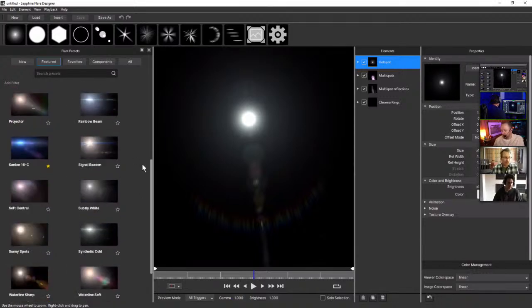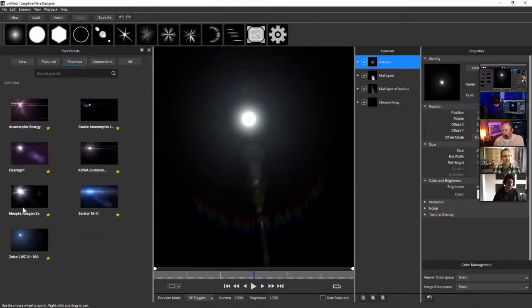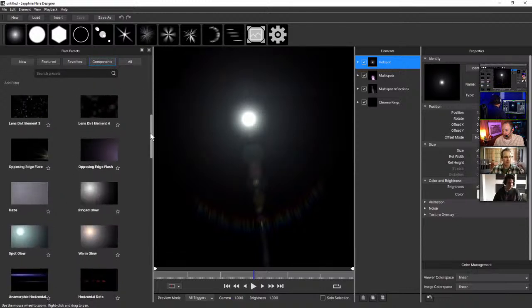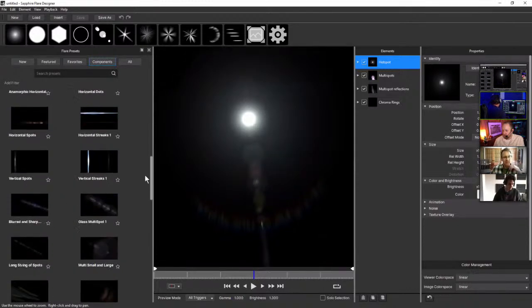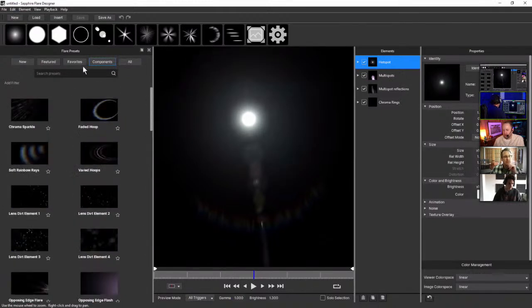So these are some of Alan's favorites, obviously, and my own favorites that I've got here. But we've also got components, which we'll look at when we start to build up our own lenses, and these are almost shortcuts. They're kind of Lego bricks for getting a lens started. Because if we look at